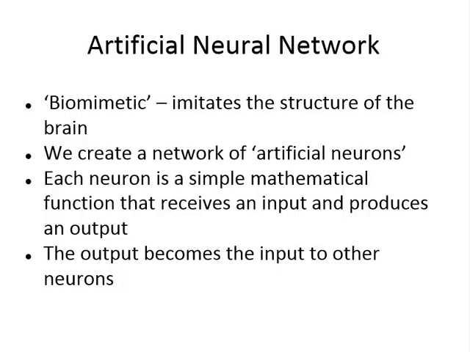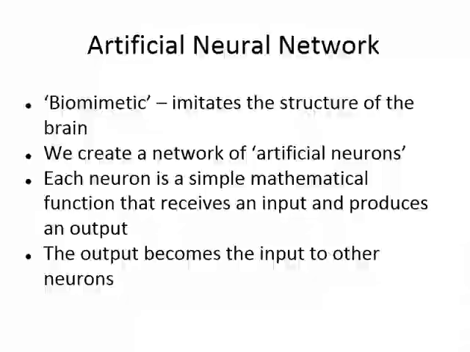Now, let's take a look at another method of supervised learning called artificial neural network. An artificial neural network is a method that is biomimetic. In other words, it imitates a living thing. In this case, the artificial neural network was built to imitate the structure of the brain. In this approach, we create a network of artificial neurons. Each neuron is a simple mathematical function that receives an input and produces an output, and that output becomes the